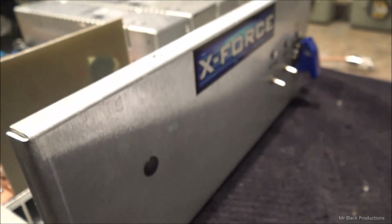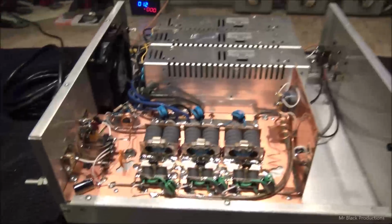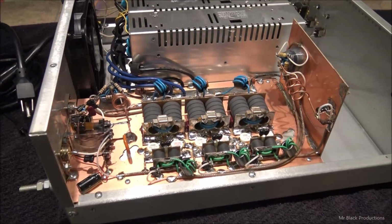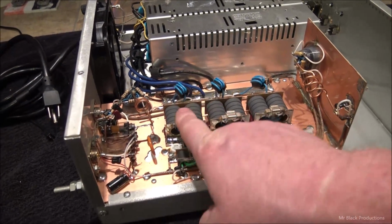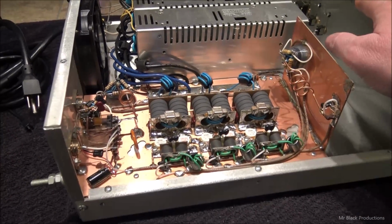Well, let's start here. It's a blue label. Shocker. But it's an older blue label, as in, I do believe this was built by Carl's guys when they were still there. The reason it makes me believe that is because it's got metal clads in it, directly from you know who, and